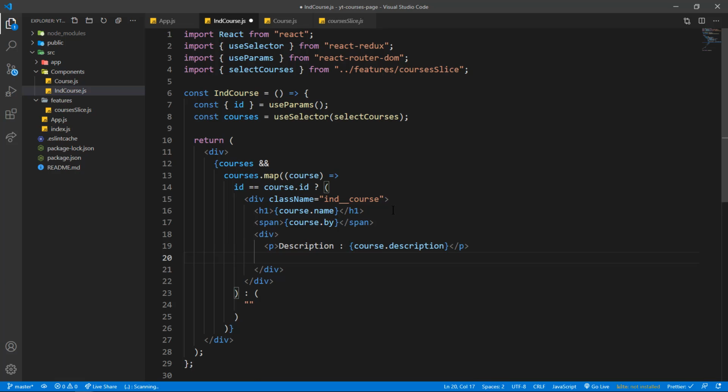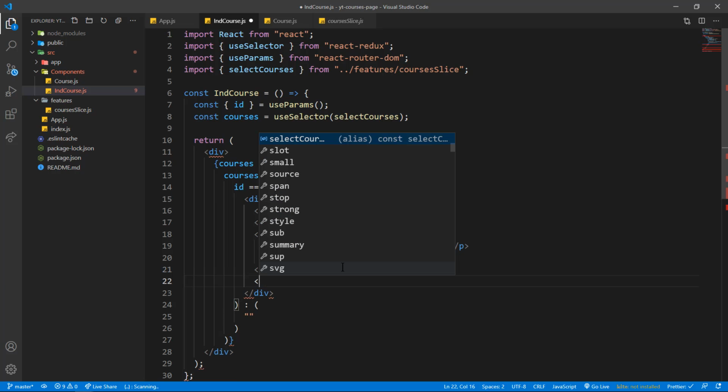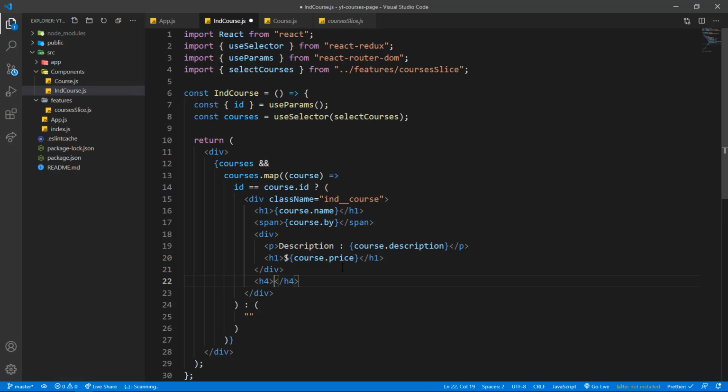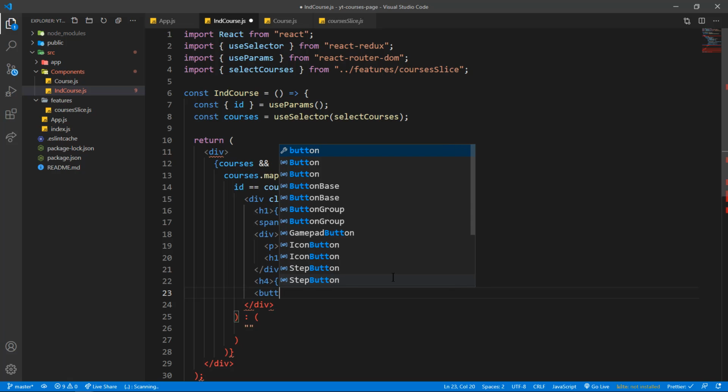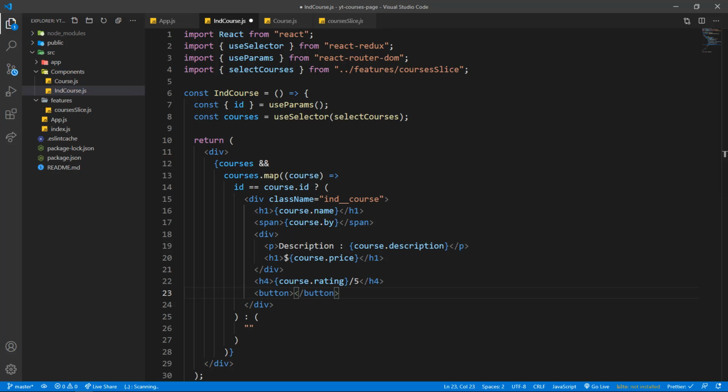And then I want to have an h1 which will have the course price with a $, course.price. Right after that, I want to exit out of that div and give the rating, and then a button to buy. So I'll have an h4 for rating because I want that to be smaller, course.rating, and that is out of 5. And after the h4, I want a button which will say buy now,